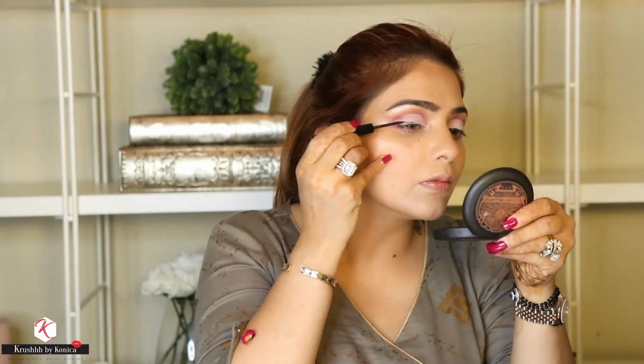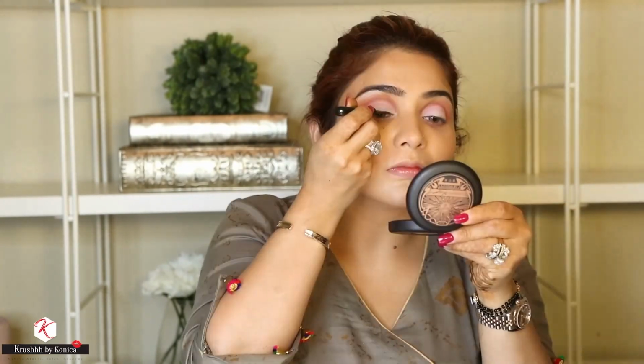For my eyeliner today, I'm using the Makeup Forever Aqua Liner in 14. I don't find the liner too intense, but then